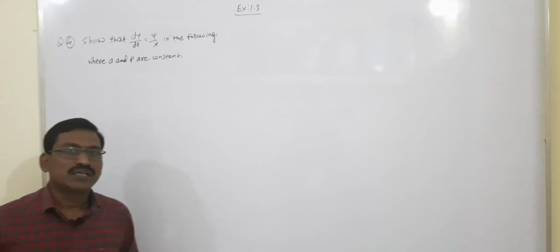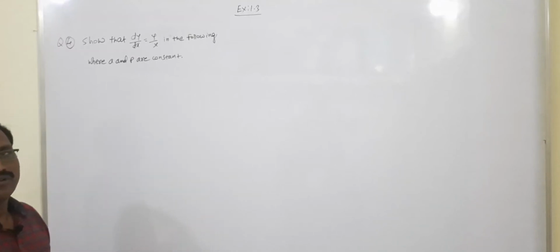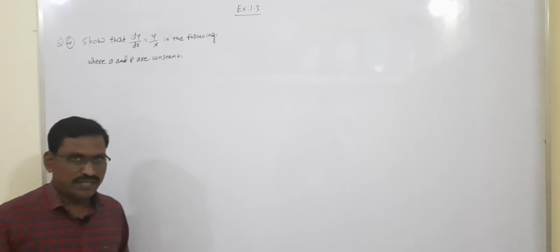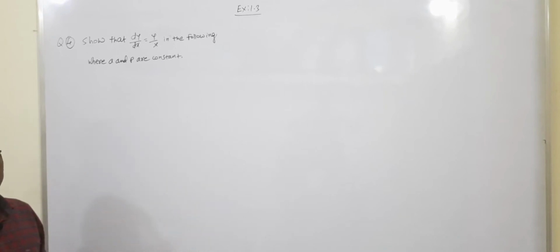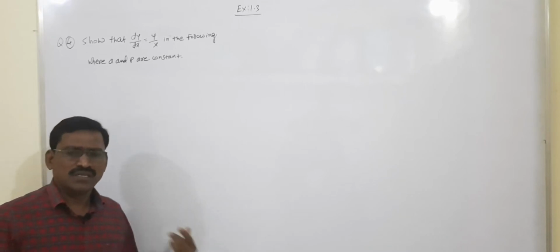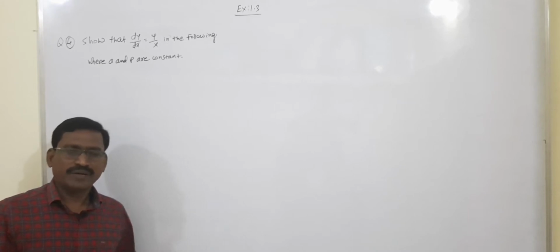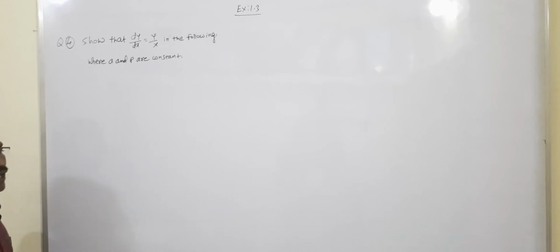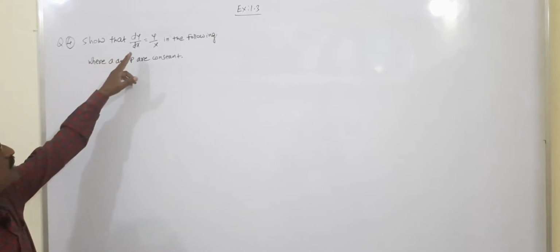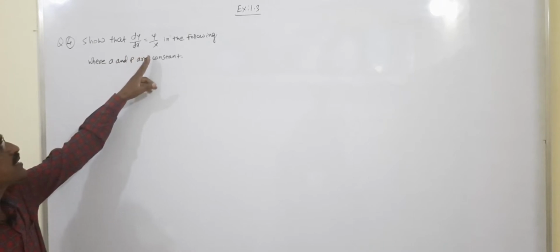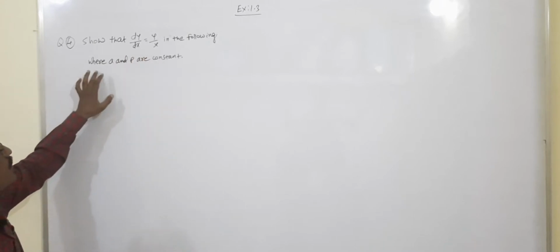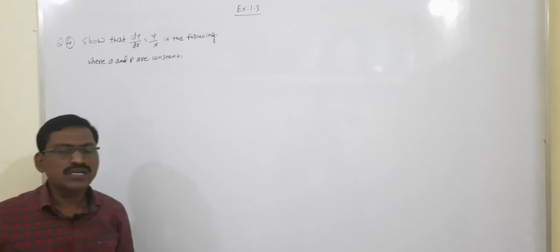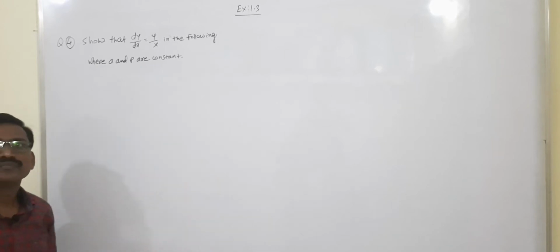Hello student, in the last lecture we have seen that examples in question number 3 in exercise 1.3 depend on implicit function. Now we take question number 4: show that dy by dx equal to y by x in the following, where a and p are constants. So the first function,